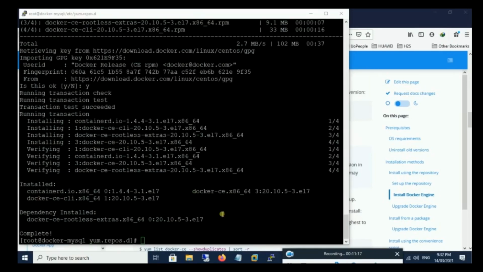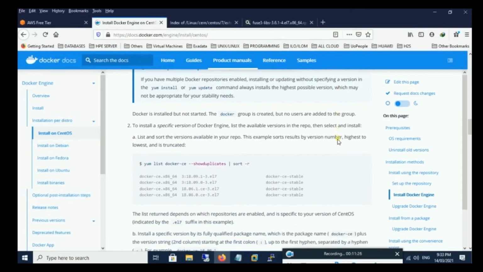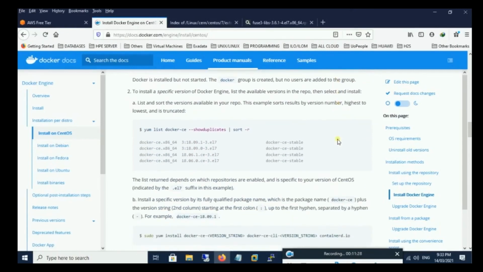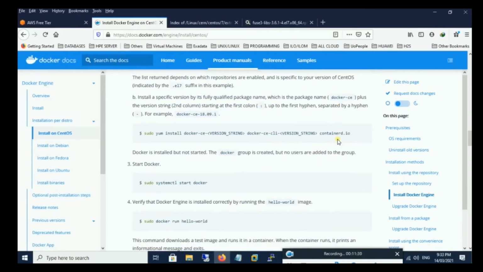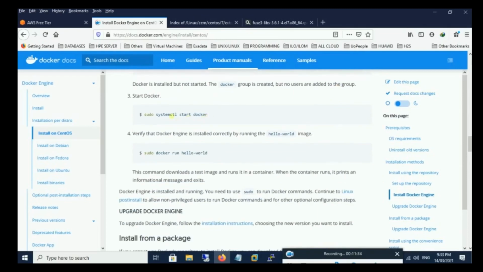Yes. So as you can see, the installation is completed successfully. So we are going to test it. But before we test Docker, we're going to start the Docker service. So systemctl start docker.